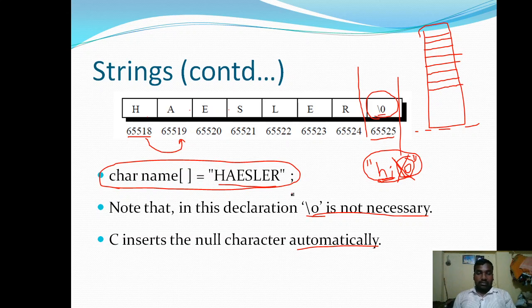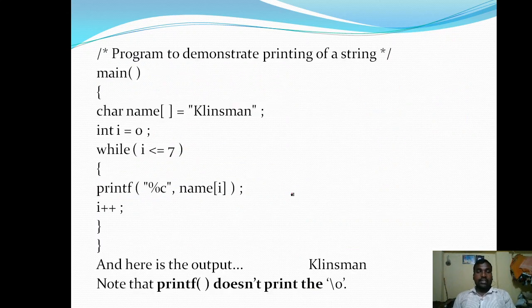And then here is a simple program to demonstrate printing of a string. In this program I am going to print the value of the string by using a for loop.